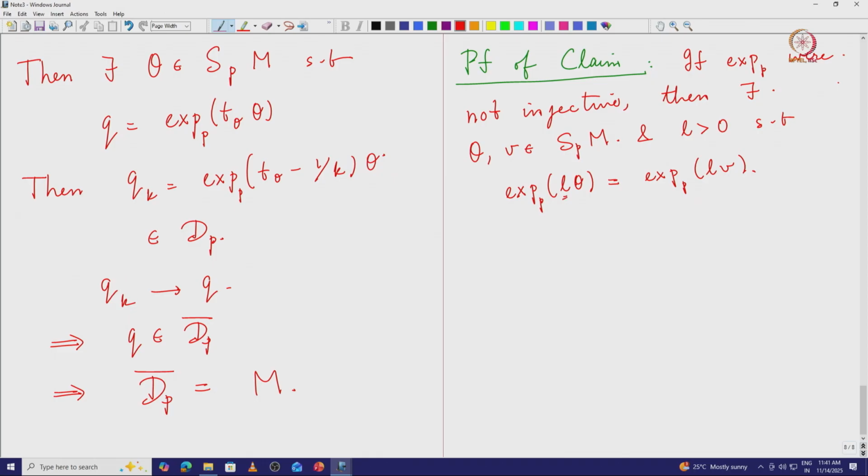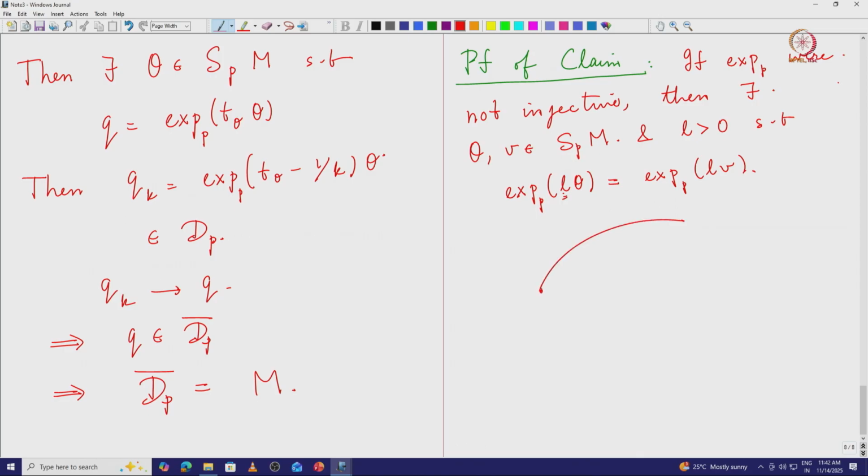Because these points belong to the segment domain, the geodesic up to that point is minimizing, right. So that means that the distance of that point will basically just be L. So you have some L so that exponential of L theta is the same as exponential of LV, but then